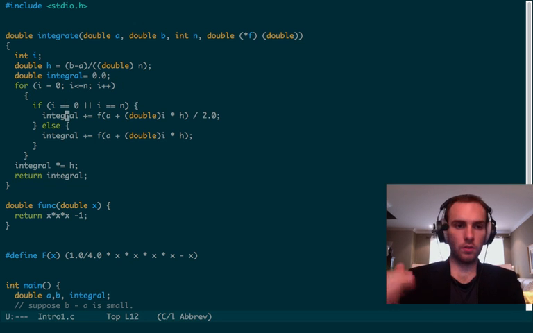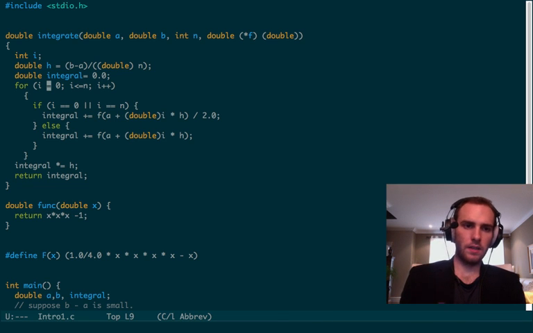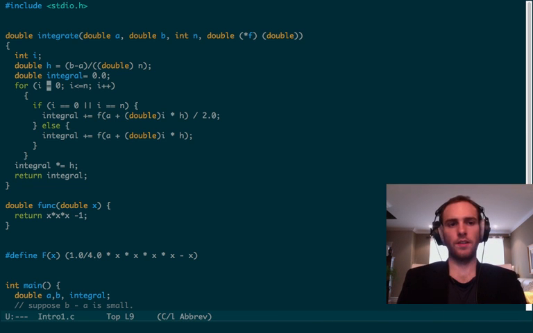In total, it's going to look at one more point. So it's going to look at 11 points instead of 10 points, and it's basically going to